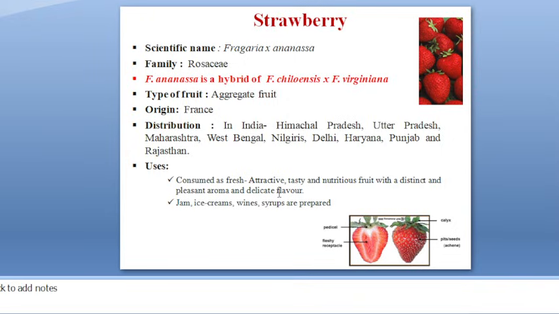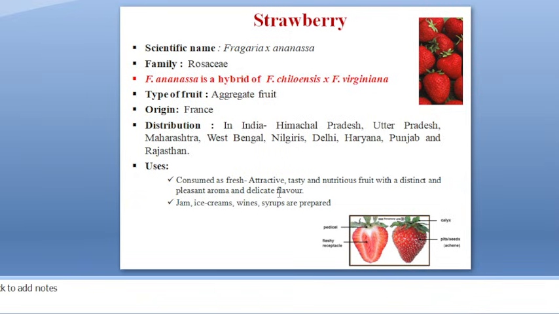condition. Even in and around Bangalore, they have started growing Pusa Nanha, a variety of papaya, in protected condition, mainly to control the problem of PRSV, papaya ring spot virus transmission. But strawberry is the one fruit crop that is well adapted to protected condition, and it can be grown in both open condition as well as protected condition. Strawberry here is actually a hybrid.